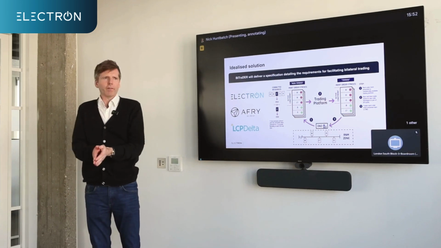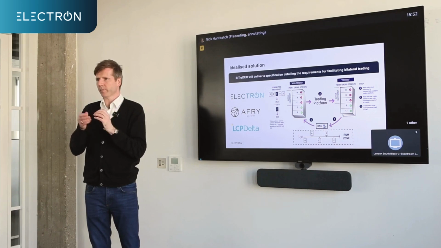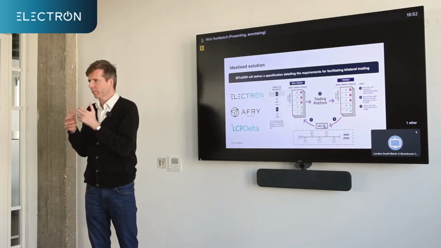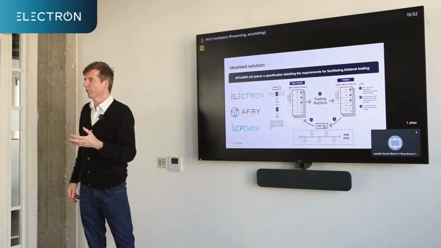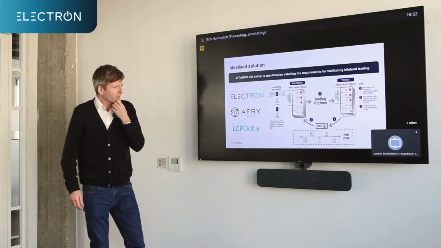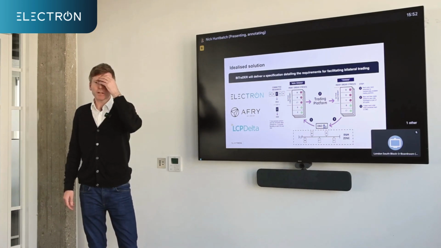People are made aware of their situation day ahead, and then they can put bids and offers in, to say, I want to move up and down that merit order. So the trading happens on the platform, and we push it back to the DNO system, as in this is the new order of curtailment. So that's good, and it attempts to hit all those benefits we just looked at in our last slide.